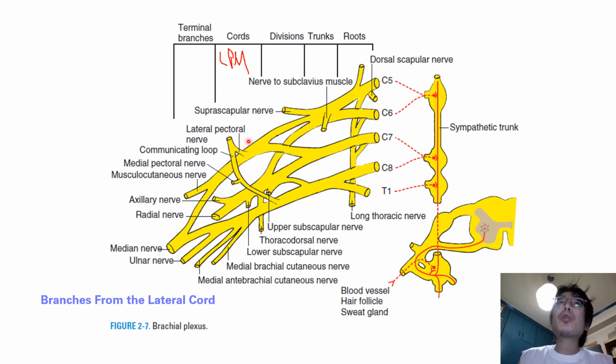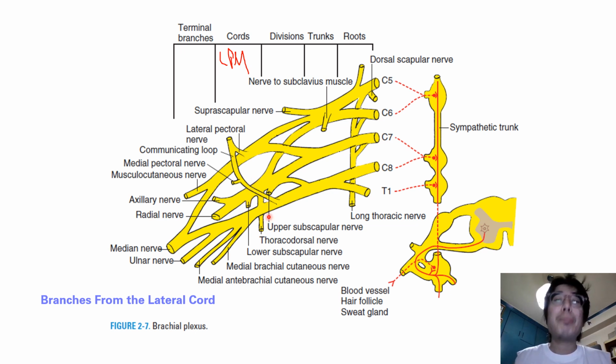The lateral pectoral nerve also sends a branch over the first part of the axillary artery to the medial pectoral nerve and forms a nerve loop through which the lateral pectoral nerve conveys motor fibers to the pectoralis minor. The lateral pectoral nerve pierces the costocoracoid membrane of the clavipectoral fascia, and it is also accompanied by the pectoral branch of the thoracoacromial artery.